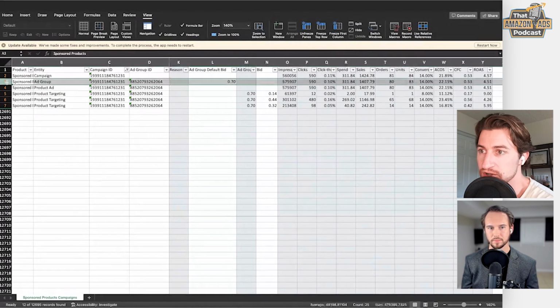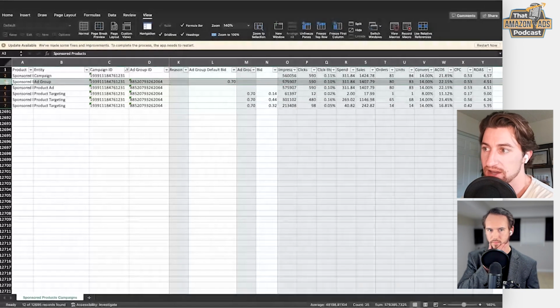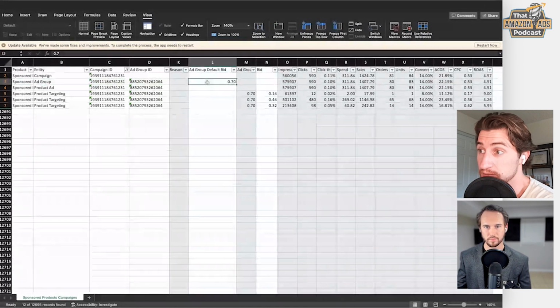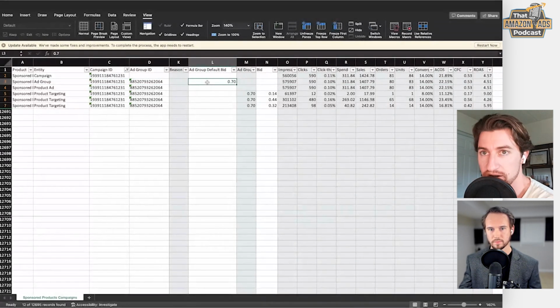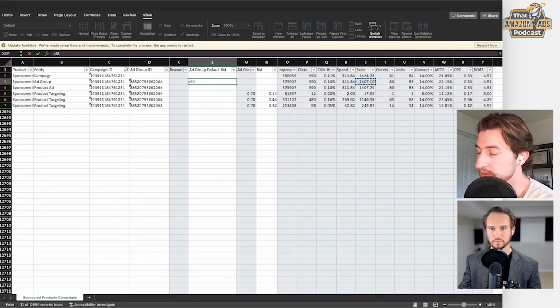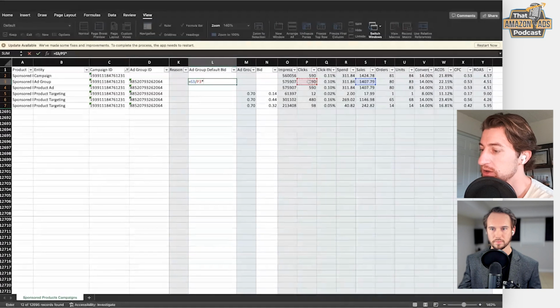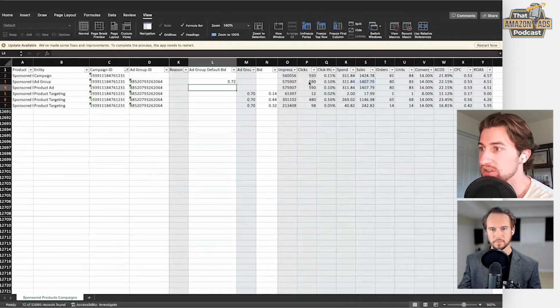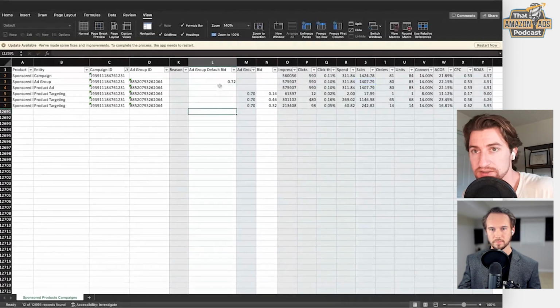We talk about calculating what the target cost per click should be at the ad group level. You could literally just optimize the ad group default bid, or you can create a new column that's your target cost per click column. That's usually what I do. I have a target cost per click column, and then I'll use a series of VLOOKUPs to pull stuff around. But you could also just enter it in the ad group default bid. We talked about how the calculation for that bid ceiling is your sales divided by your clicks times your target ACOS, which for this account is around 30%. So we'll just multiply by 30%. So sales divided by clicks times 30%, and we see that the ad group default bid is now 72 cents.